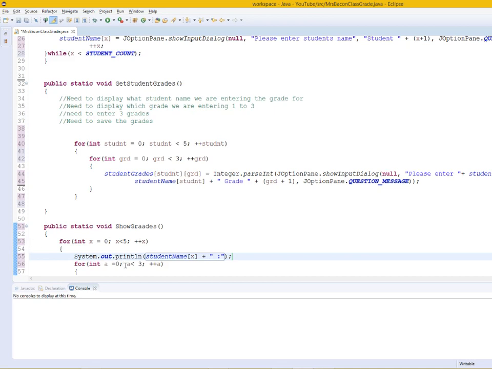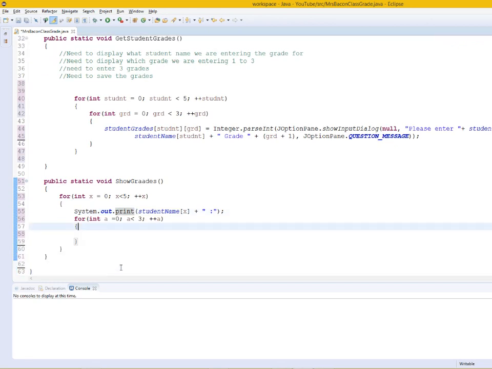One thing, okay, I remember that time. I don't want the ln because I don't want it to display the student name and put the grades on a different row. I want them all in the same row. So I'm going to take that out. So that's to iterate through the student's name. Then